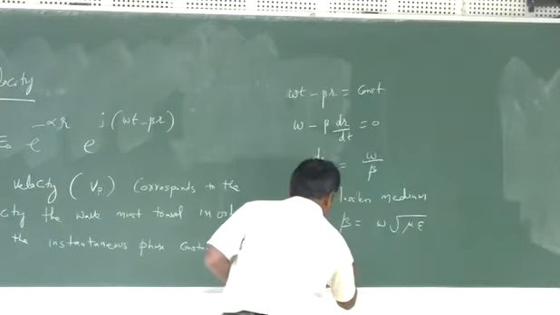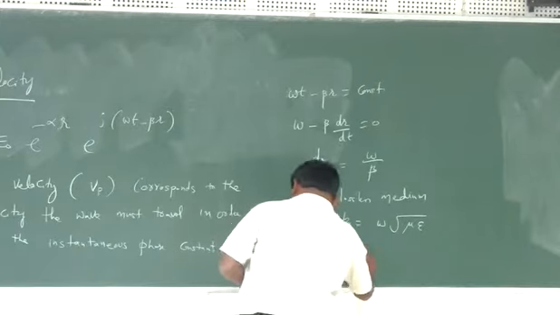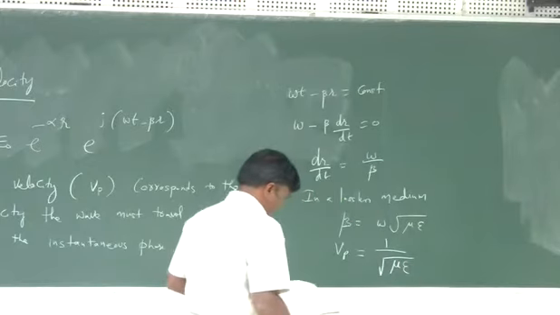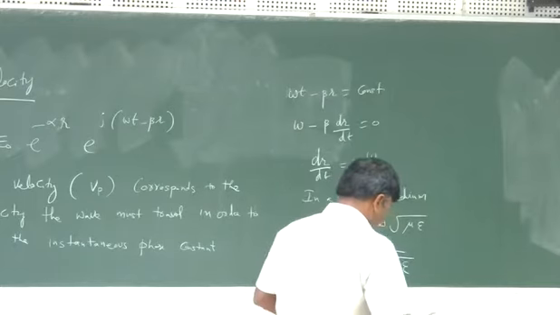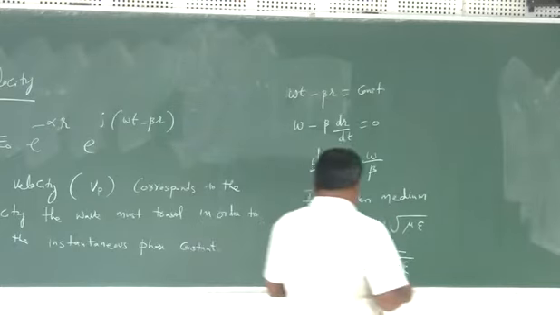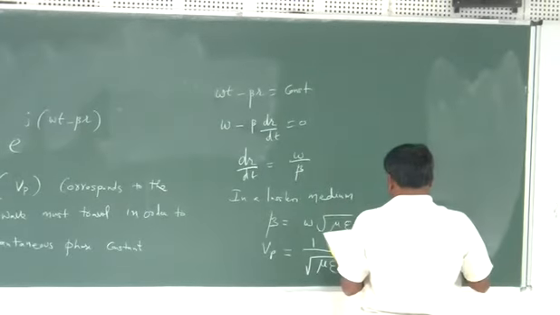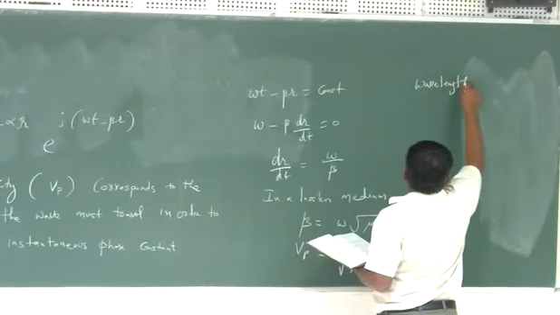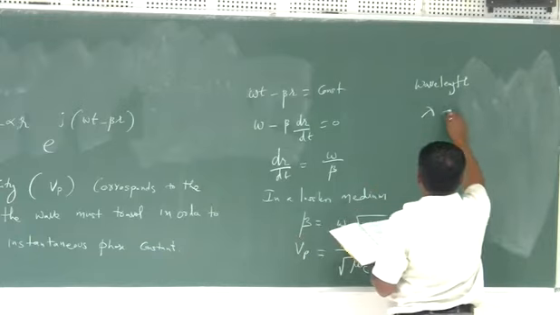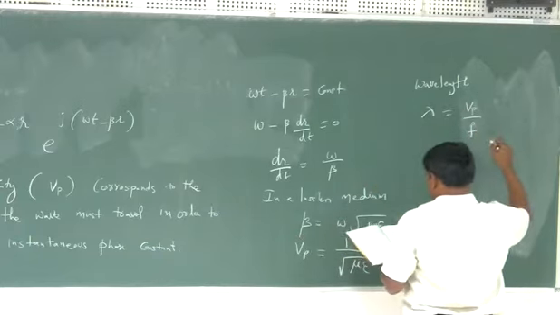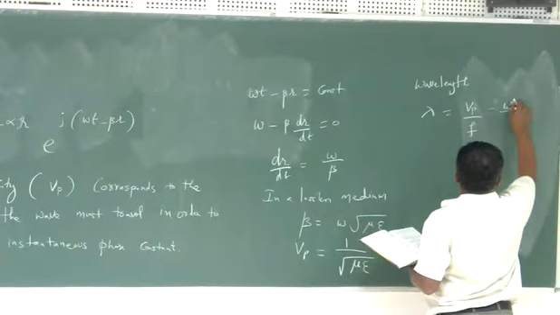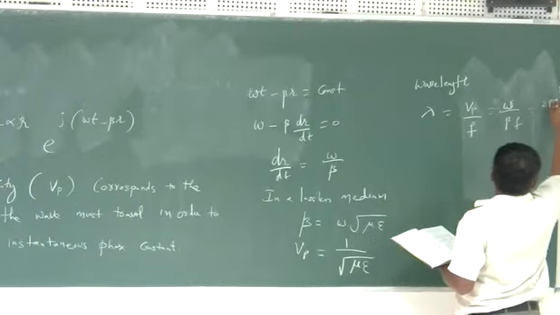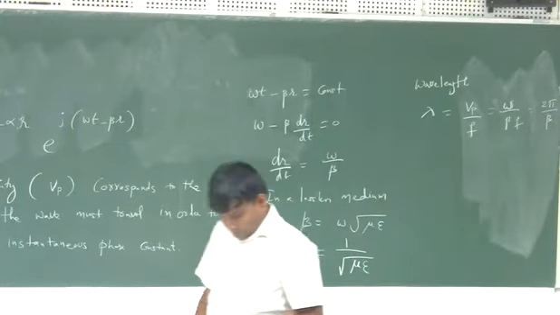Therefore, the phase velocity Vp is equal to 1 over square root of mu multiplied by epsilon. And the wavelength lambda is equal to